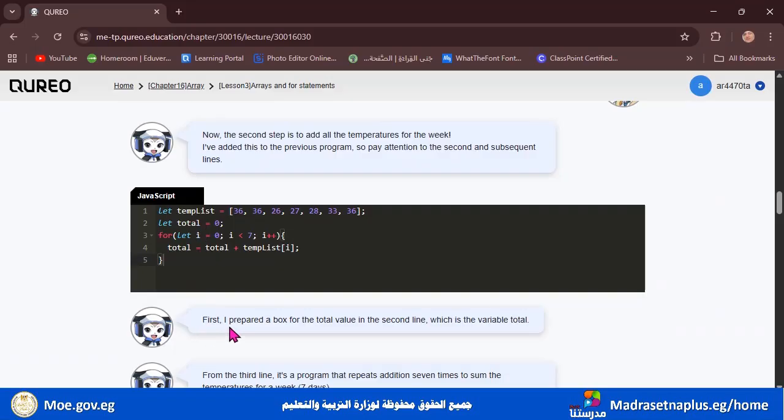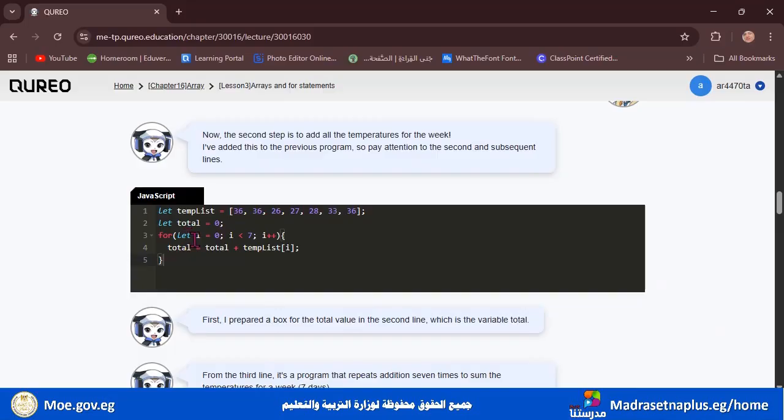So first, I prepared a box for the total value in the second line, which is the variable total. Why did we do it? Because we want to add all these together, so I want to gather them all and put them into total.